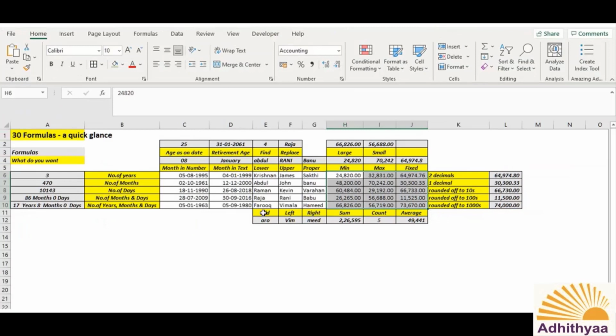So for our sample purpose, number 1 is the date, number 2 is the text, number 3 is the numbers. Now let us see what are all the formulas which I have used and what for I have used. I'll come from left to right, clockwise. Number 1, which you are able to see here as 3, is the formula for finding out the number of years